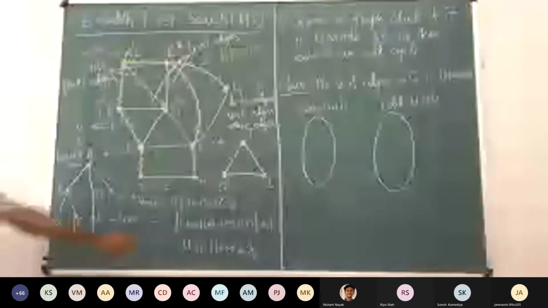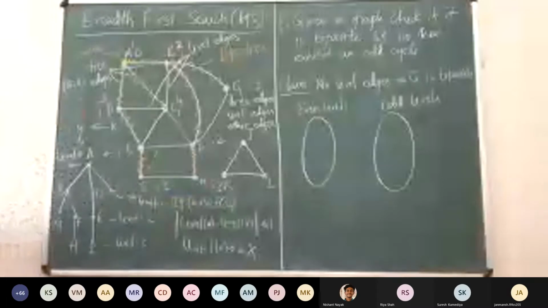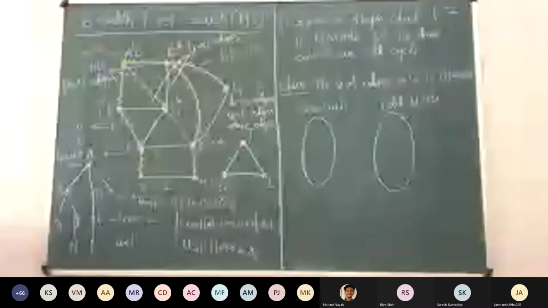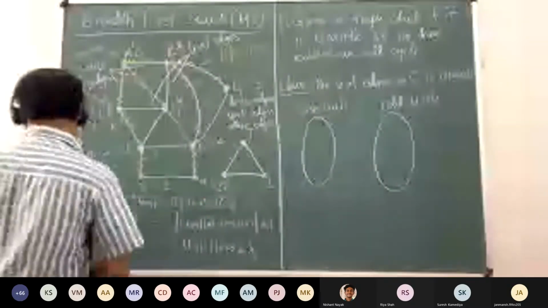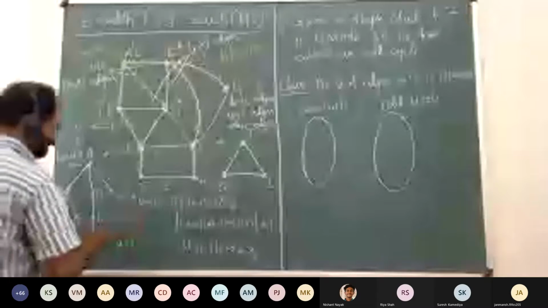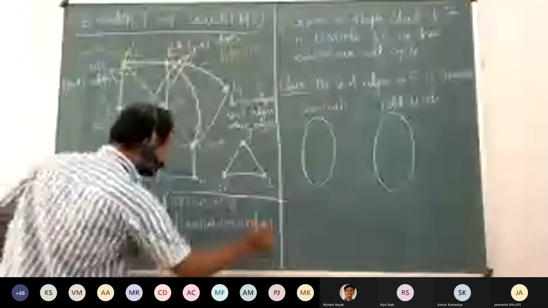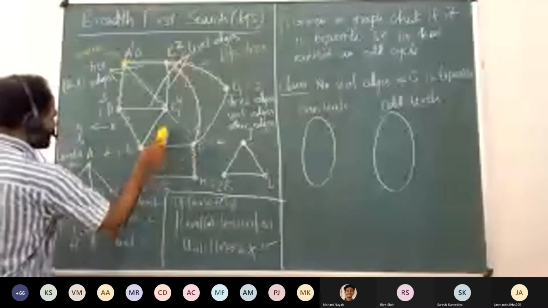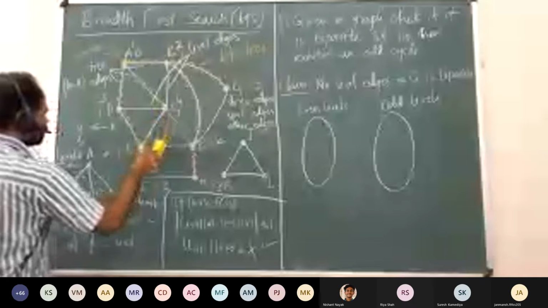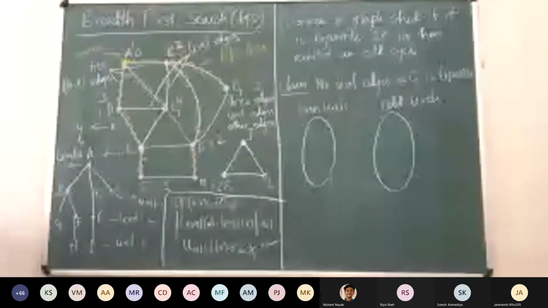So that was also one of the reasons why we said that if UV is an edge, the difference in levels of those vertices will be at most 1, right? So this is a very important property. This is a property which is the characteristic of breadth first search, right? So there can't exist any edge of this kind.